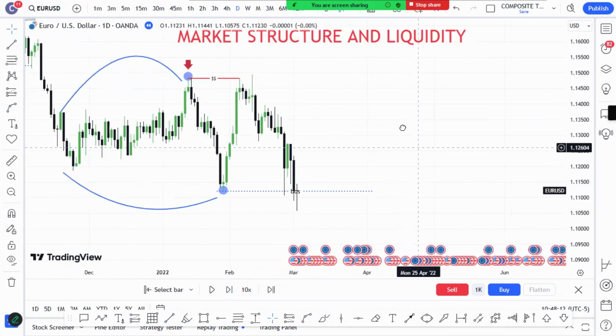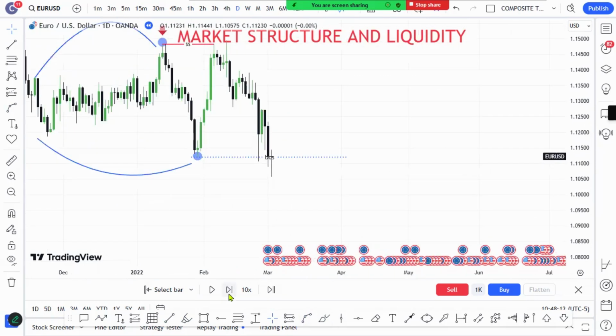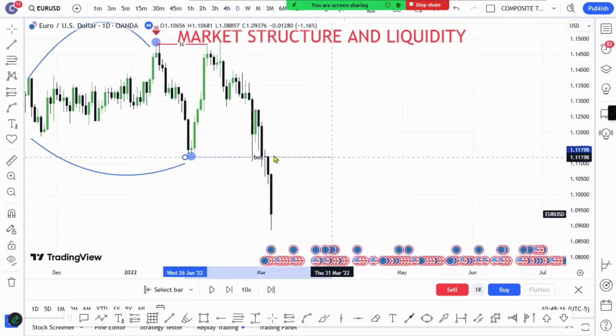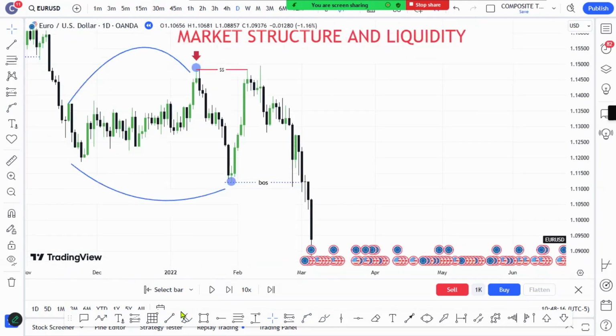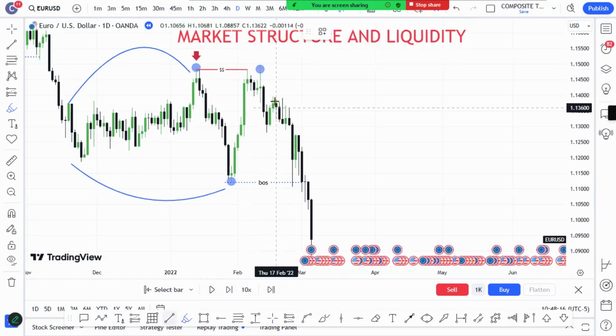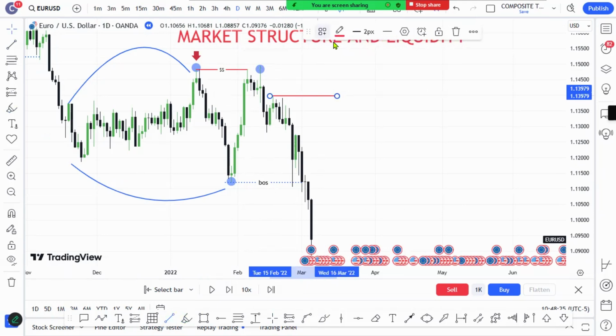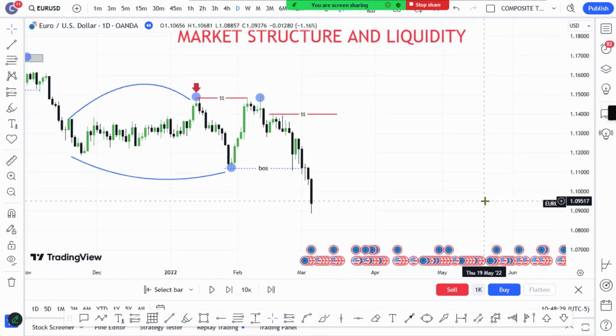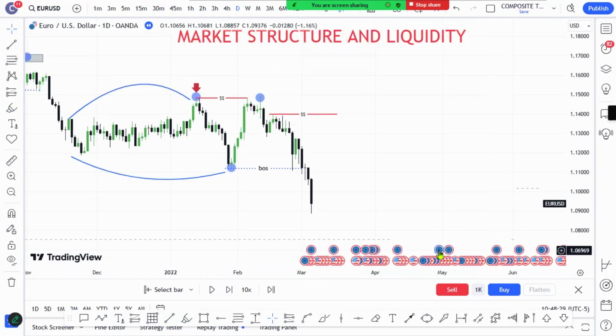Okay, there's no candle close. We said that for a break of structure, we must have a candle close. So here, candle close, and now your high is here. And now your new inducement, your new liquidity, is here. This means that you're not going to sell until the market takes out that particular liquidity. If that liquidity is taken out, then you're not part of the move. You're not going to try to open a short position there.